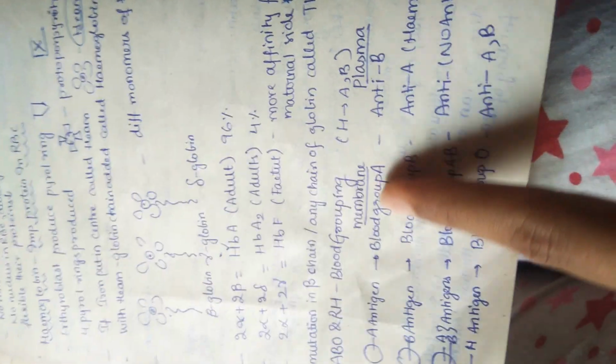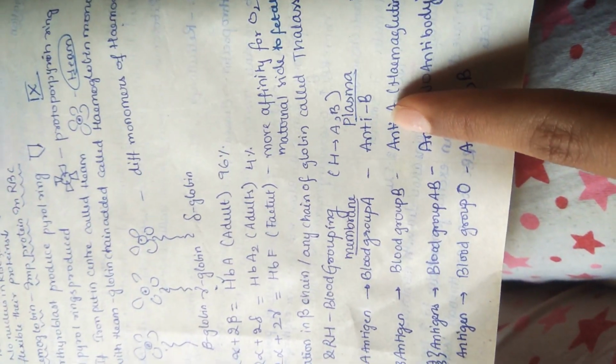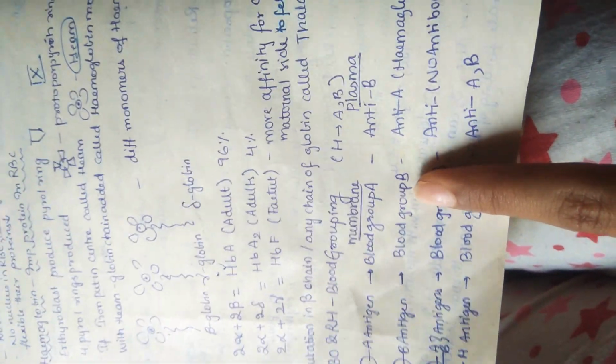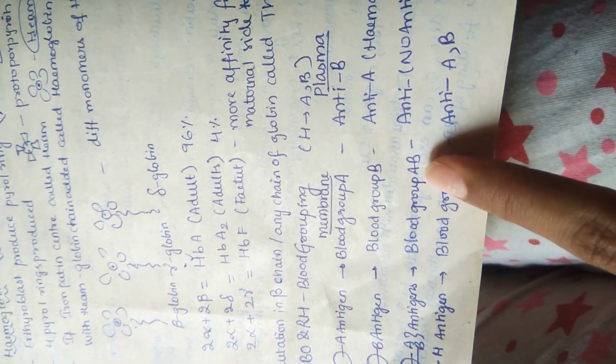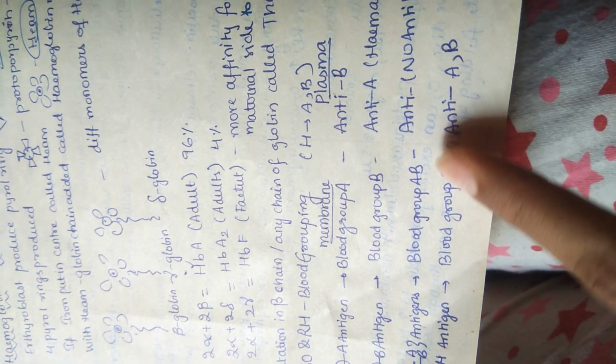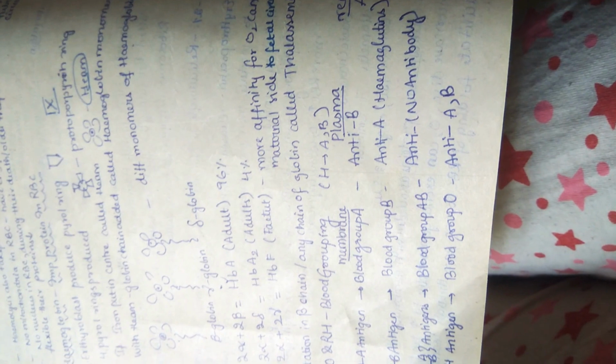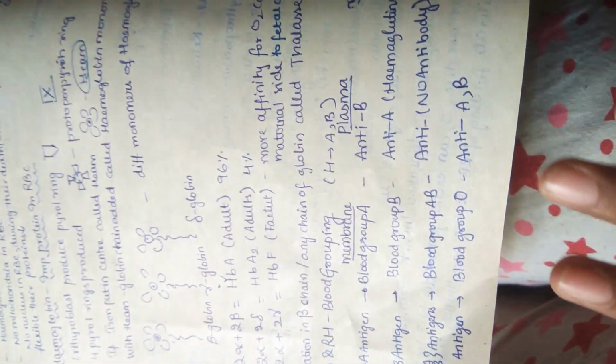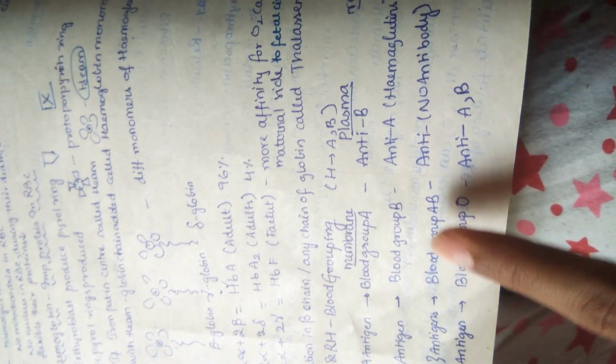So you can understand now. For blood group A, the plasma produces anti-B because A is a self antigen. For blood group B, B is the self antigen, so it produces anti-A. These are called hemagglutinins. For blood group AB, both A and B are present in our food, right? So no antibodies are produced, because both A and B are thought of as self antigens, both are ours. Then how can our body produce antibodies against them? So in plasma there will be no antibodies for blood group AB.